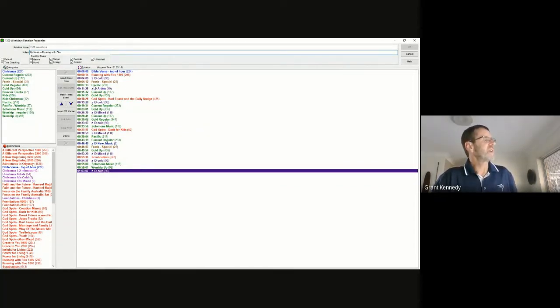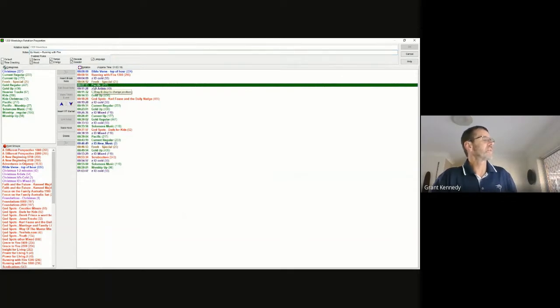it's going to choose a song from the Pacific category. So at the top of the hour, it will play the Bible verse. Then it's going to play the program Running with Fire. Then it's going to play a cold ID. I've told it to play a cold ID, so it's just a Life FM ID and there's no music under that one. Then it's going to play a fresh special song, and then a Pacific song. Okay, so at the moment, let's look at the Pacific songs. In my Pacific category, there are 217 songs it can choose from.